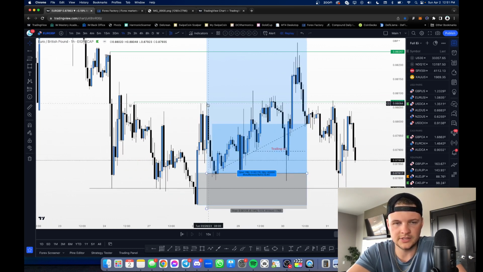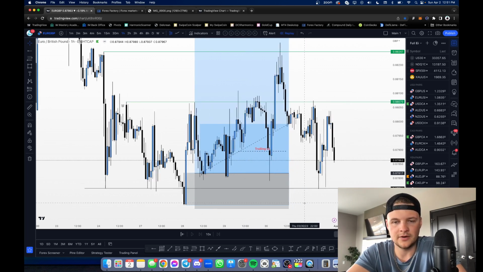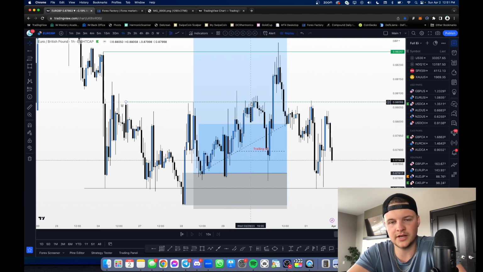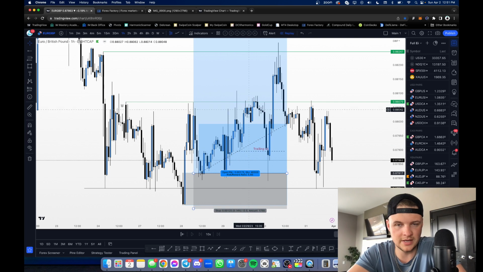Price runs up, doesn't hit TP1, comes all the way back. Or no, we weren't in the trade yet. Sorry, we entered the trade here. Price runs up, almost hits TP1 here, almost hits TP1 here. Next candle hits TP1, great. Remove our stop to break even. And then basically the whole next day comes, and this is now into Wednesday, right? So now into Wednesday, we're just hovering at TP1. Keep in mind, this is the 1 hour time frame, guys.